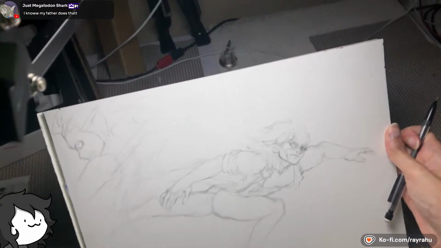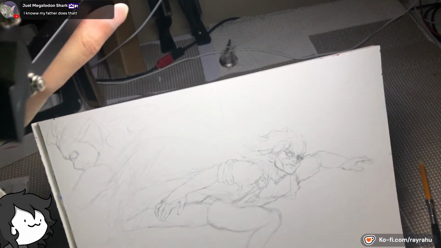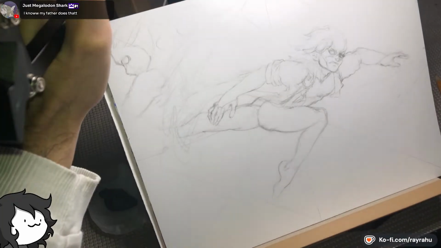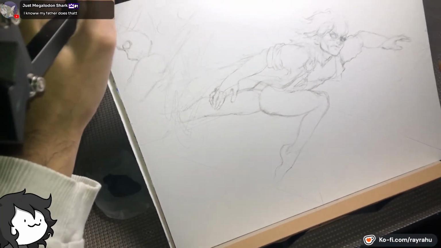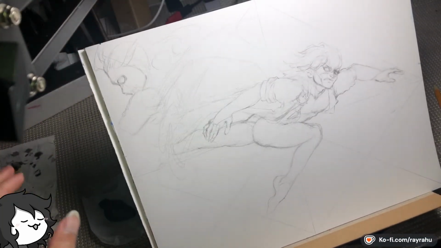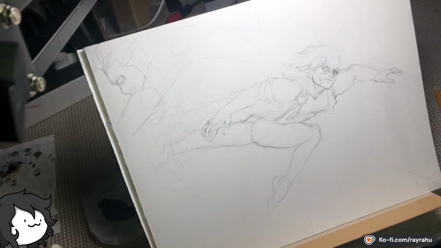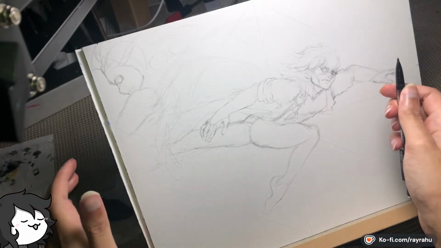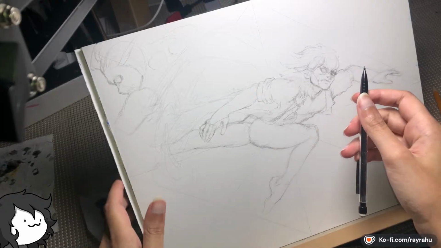Okay, if I move this here, and I move my thingamabob this way, you guys can see okay, and it's not in my face, so I think this is the optimal angle to work with.